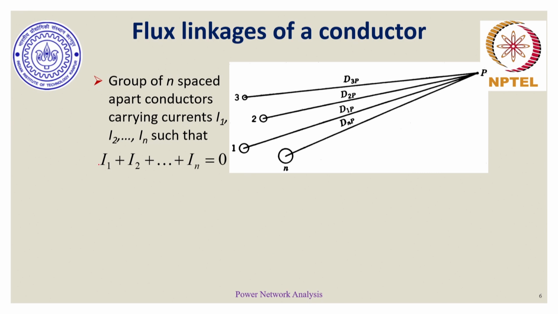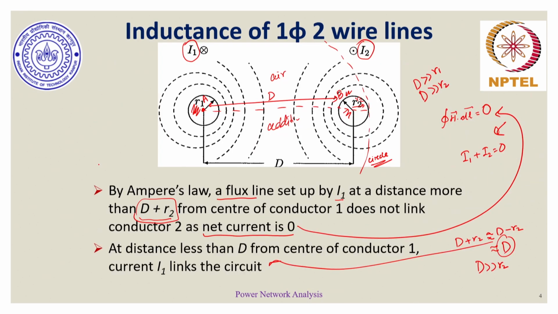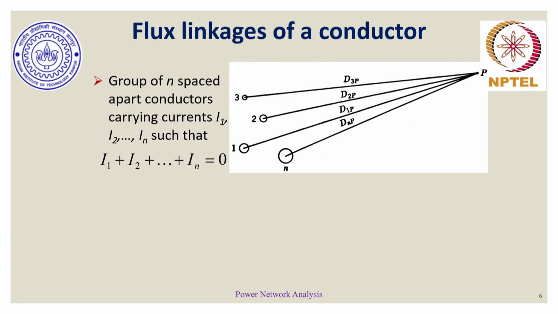That is the reason that in the previous discussion of the single phase 2-wire circuit, I1 plus I2 was equal to 0 at every point of time. In a group of conductors also, we are not specifically pinpointing which conductor is acting as a return conductor, but the overall sum of all these instantaneous currents, these could be AC currents or DC currents, is always 0. So there may be one or more conductors acting as return conductors for this entire bunch of conductors. Given this condition, let us try to find the flux linkage of one conductor with respect